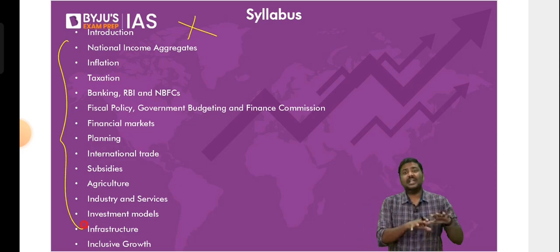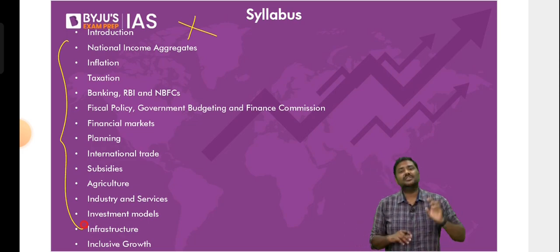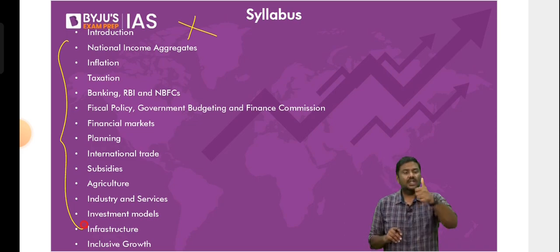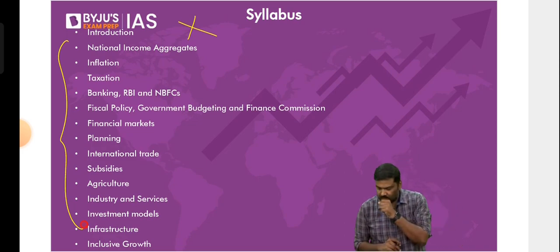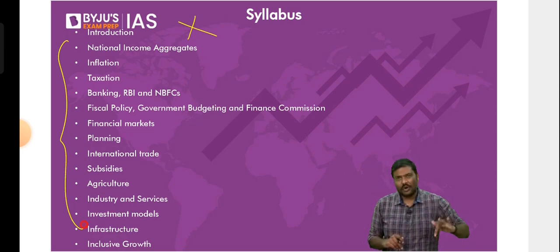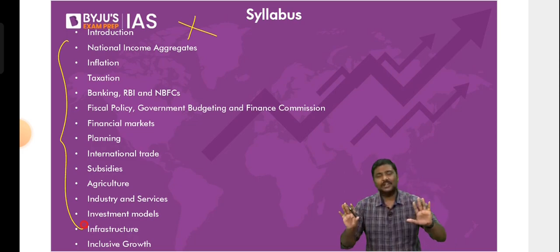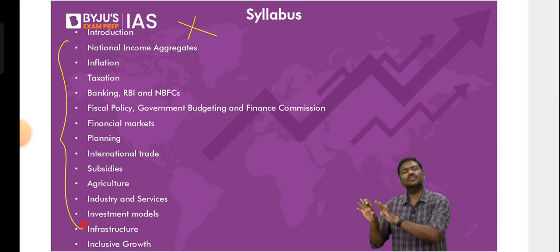Right, so this is a list of the topics that we'll be covering. Along with this, I've not written 2 more terminologies here. That is 2 very important international organizations. One is World Trade Organization, and second, the IMF, International Monetary Fund. I've not written it, but we will cover both of them. Please don't be worried today. As and when the classes keep on happening, we'll cover both of those organizations also.